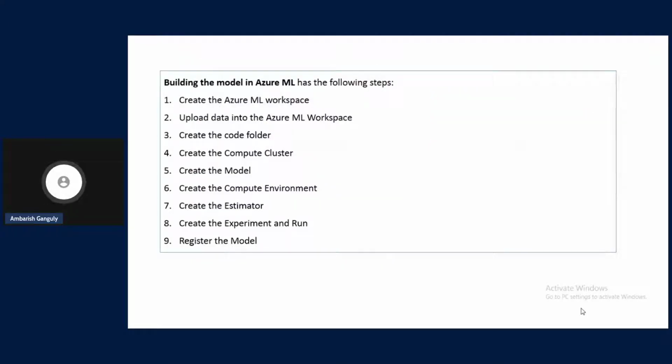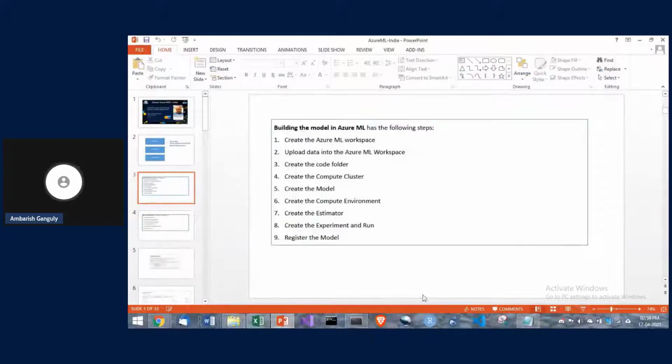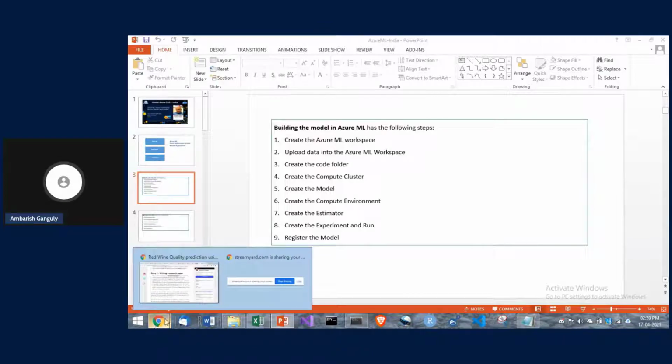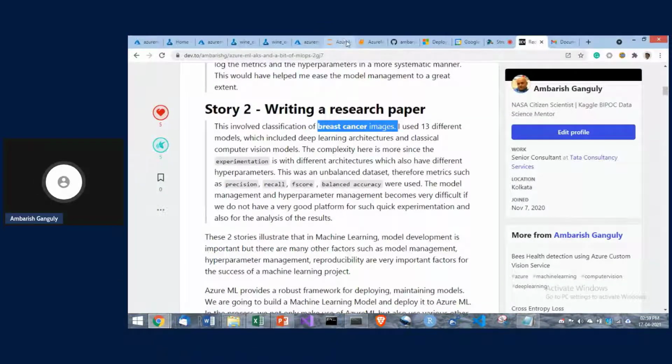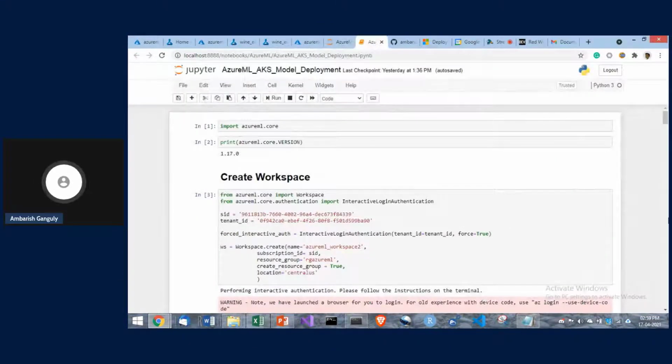Okay. So first, we'll build a model. I'll move away from the slides. The good thing is that I just gave a session for Azure Greece and I prepared the slides, but I gave it through the notebook. So let's do that. So going by the notebook, let's go to the notebook.